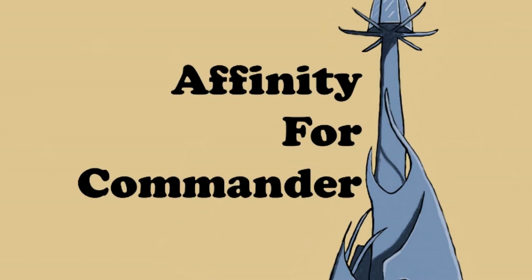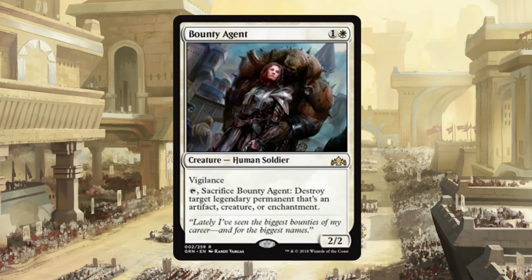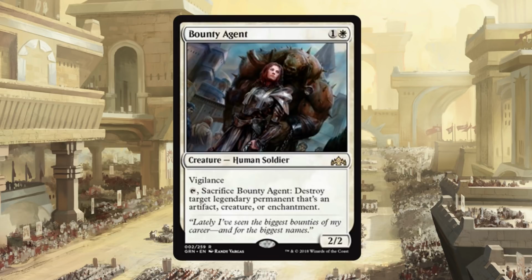Oh, okay. So Martin is going to start us off with the best of the white cards. Yeah, so the first card that really gained my attention was Bounty Agent. For 1 and a white, you get a 2/2 human soldier with vigilance, which is okay, but nothing to write home about. It's a bear. It's a bear with vigilance. But the thing that got my attention was the tap, sacrifice Bounty Agent, destroy target legendary permanent that's an